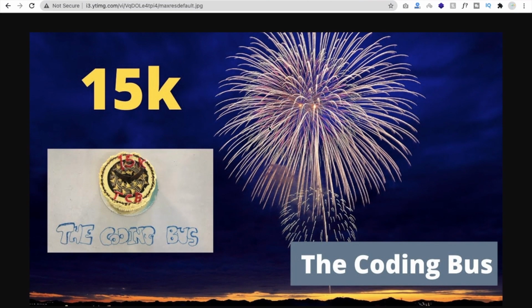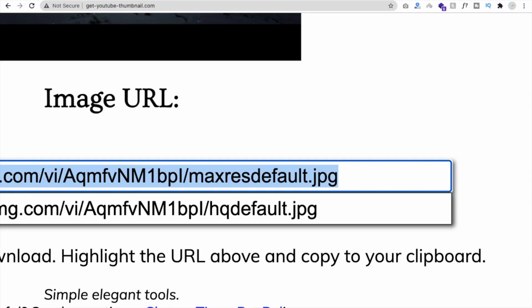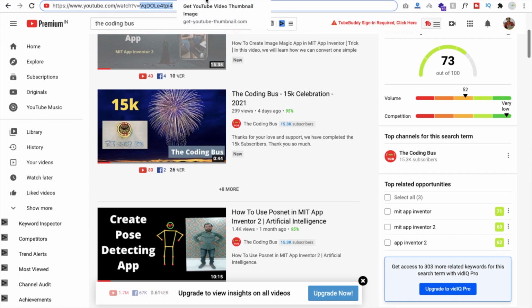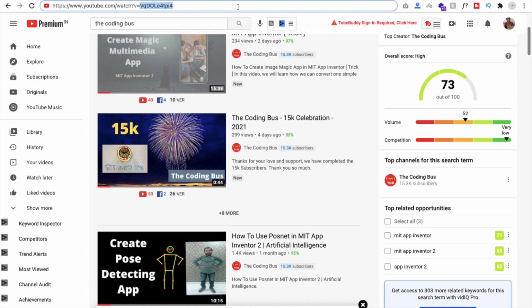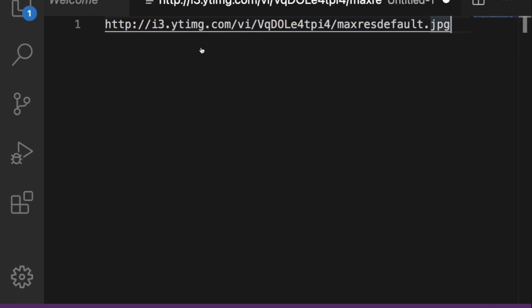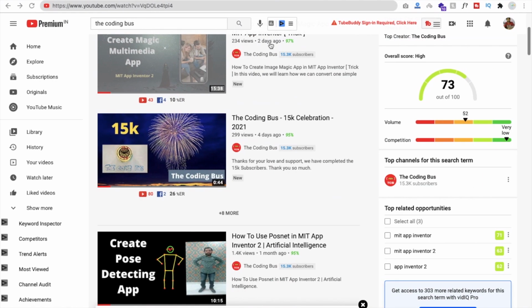It means I want to create an extension where the user has to put only a video ID and they will get the YouTube thumbnail. So we will write static code for that, and we will create one text box to get that ID from the user. The user needs to put only that ID, and we will fetch the whole thumbnail of the video and display it for the user in our App Inventor platform. So now let's create the extension.